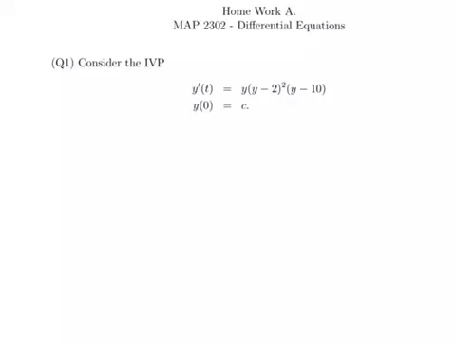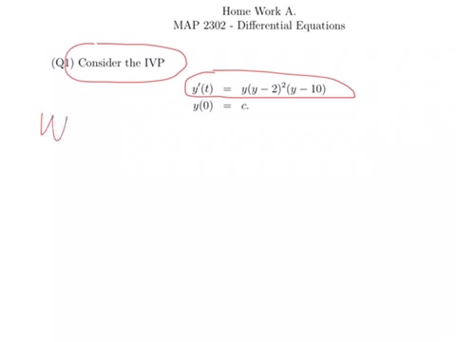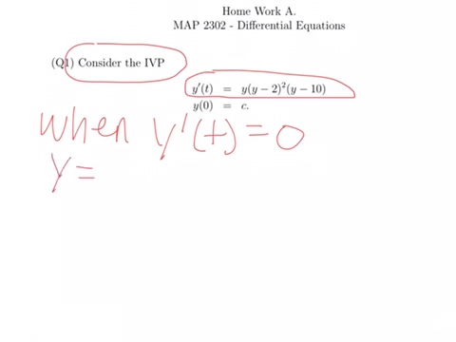So this is how I solved problem number 1 for homework A. The first thing I did was consider the initial value problem, and then I looked at this equation here. And the first thing I wanted to find was when y prime of t equals 0. And if you look at the equation, y prime of t equals 0 when y equals 0, when y minus